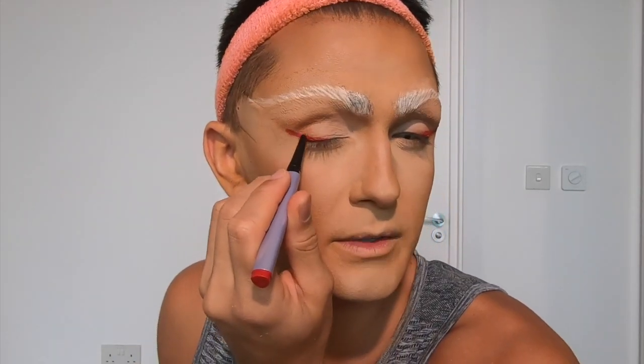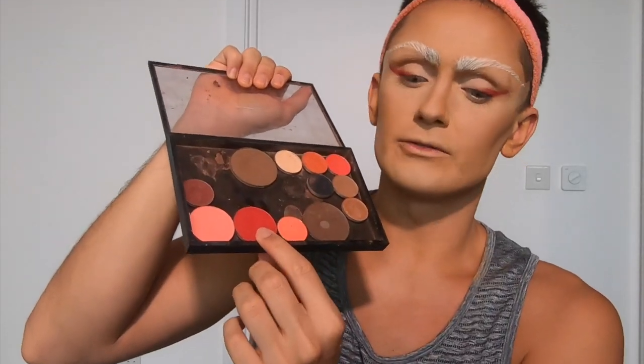I don't think this needs to be too precise because I'm going to blend it out with a brush. I'm kind of also saying this to cover my own back because this looks like trash right now. Little brush like this and just sort of smudge it out a little bit. Okay, now what I want to do is just kind of set that with a red eyeshadow,